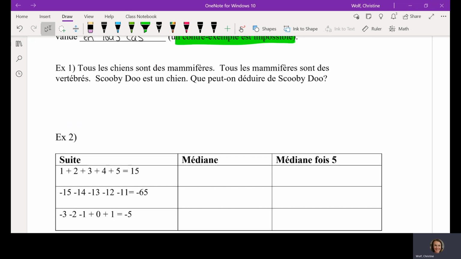Tous les chiens sont des mammifères. Tous les mammifères sont des vertébrés. So all dogs are mammals. All mammals are vertebrates, okay? Scooby-Doo est un chien. Qu'est-ce qu'on peut déduire de Scooby-Doo? So on peut déterminer à cause de cette phrase ici que Scooby-Doo,